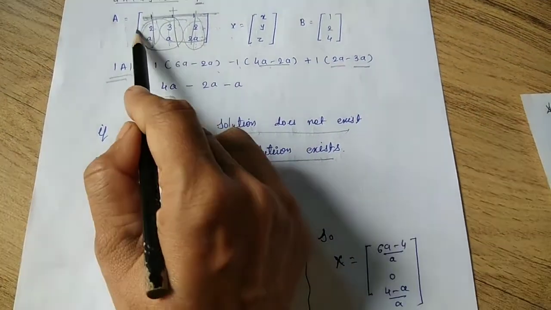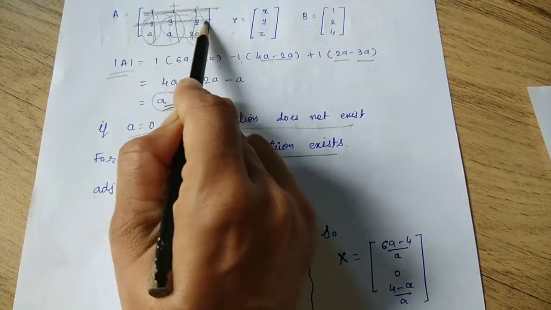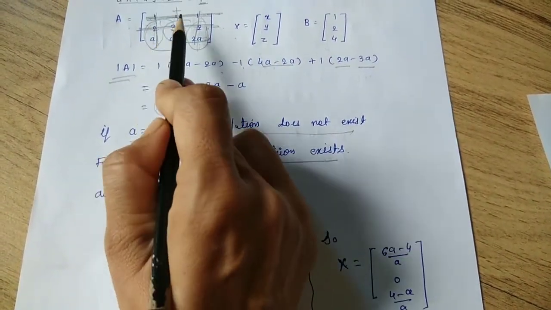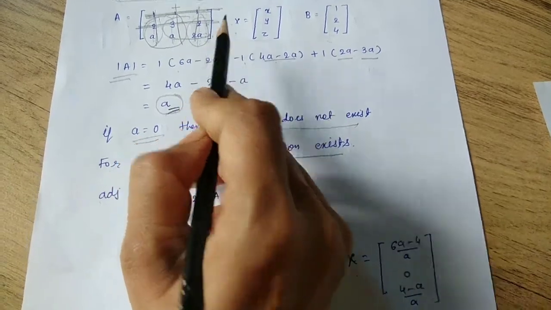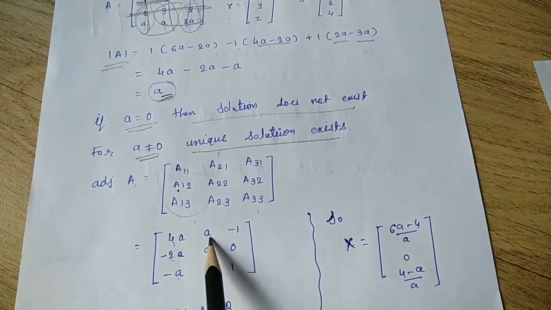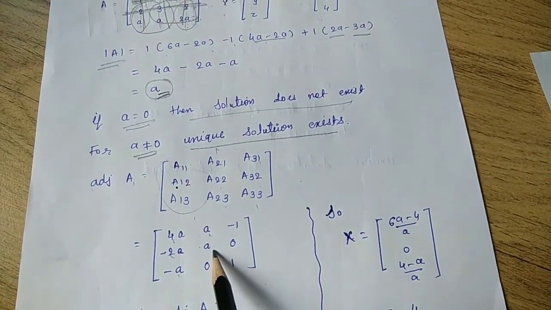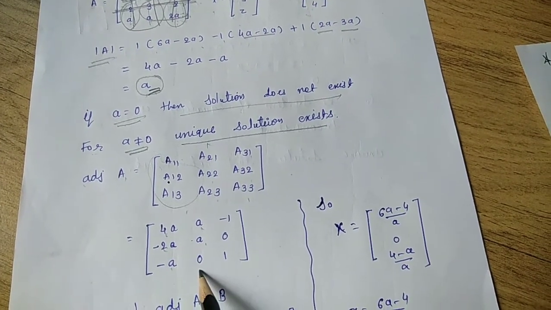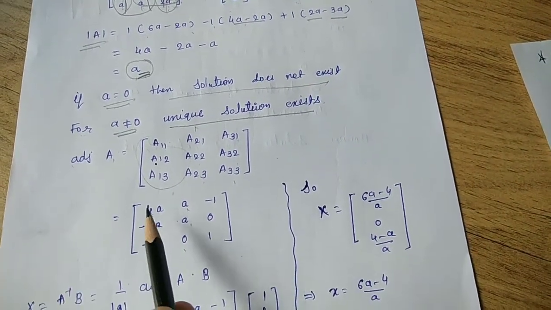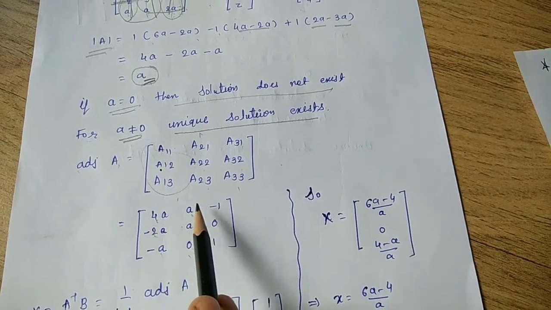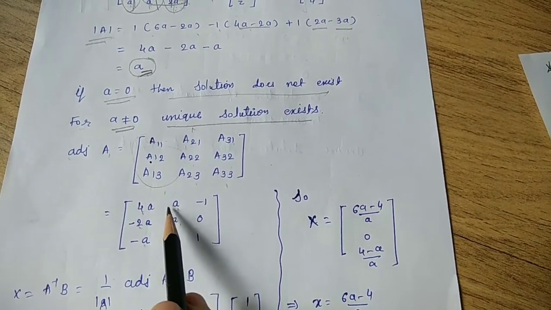राइट. a21 के लिए हम क्या करेंगे? सेकेंड रो को डिलीट करेंगे. फिर फर्स्ट कॉलम फर्स्ट, so we get 1 1 a 2a. You can find, then you will get a. Then a22 is a and a23 is 0. So like this. Then students change the sign. So plus minus plus. यहाँ पे हमारे पास क्या है?